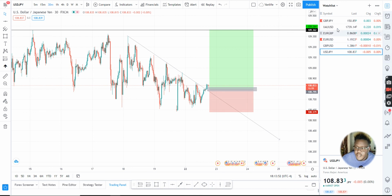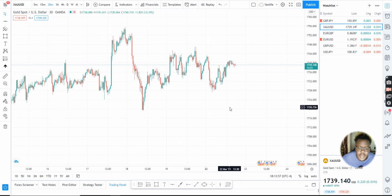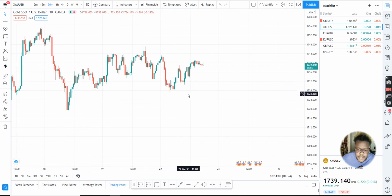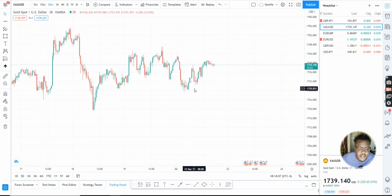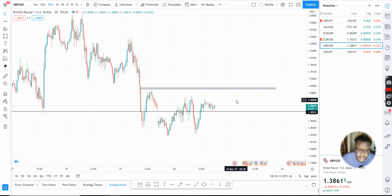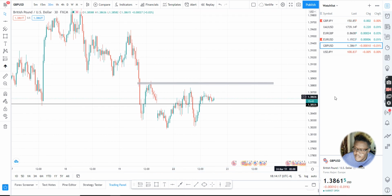Pretty much a few trades played out very well from last night to this morning. If anybody had taken those trades, you would have been up in some nice profit. For gold, GJ and GU, I'm gonna leave those for tomorrow in the NY session. Alright, so trade